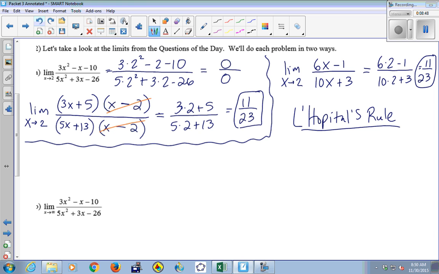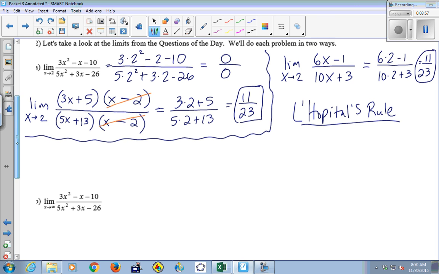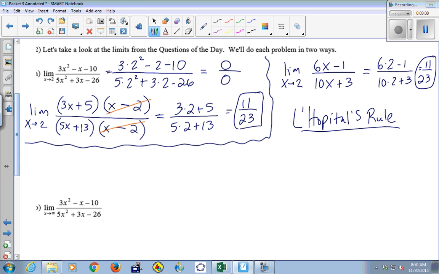All right, so let's look at another example. It's the exact same function, but now I want to know what happens as x goes to infinity instead of x going to 2. So I'm going to start by just saying what happens to my numerator as x goes to infinity. It's infinity. It's 3x squared, which means that both arms go up, right? Because it's even degree, positive leading coefficient. So my end behavior of the numerator is infinity. And the denominator, same thing, also infinity.